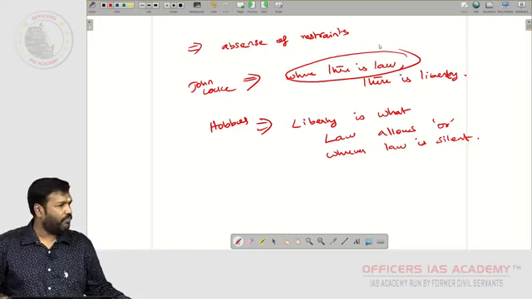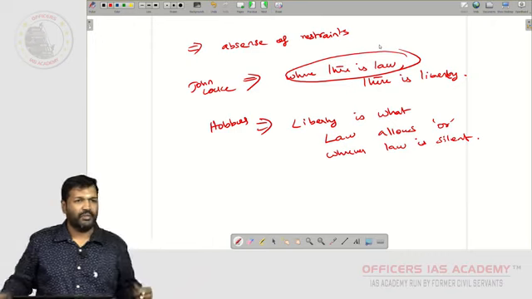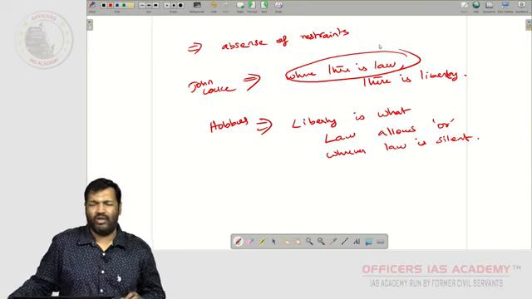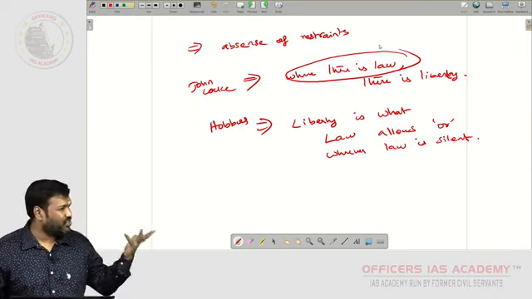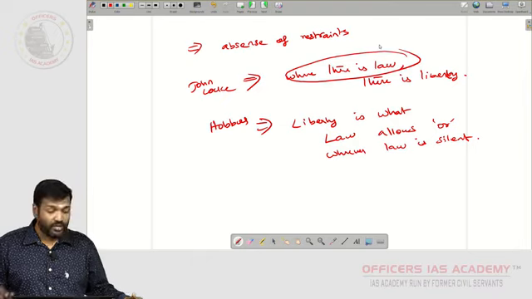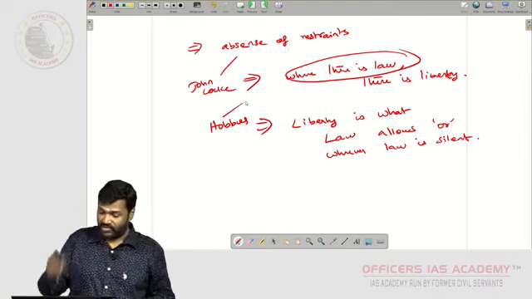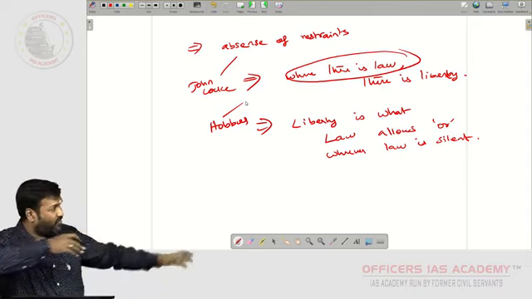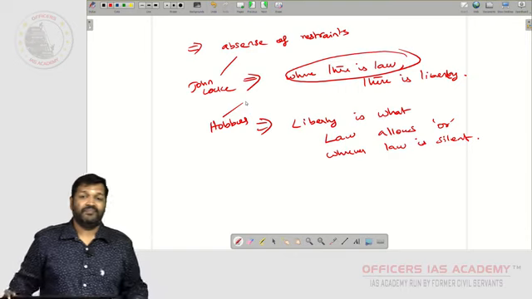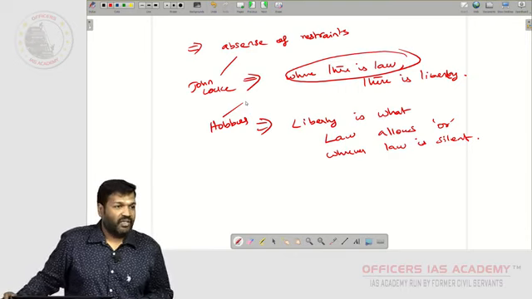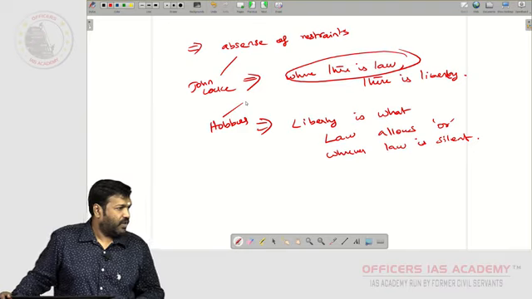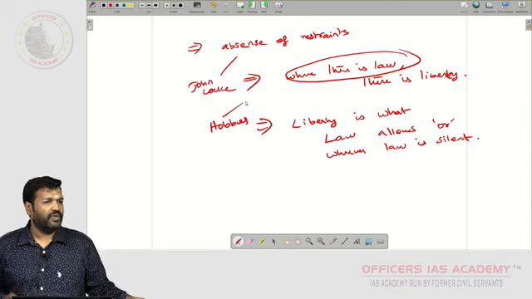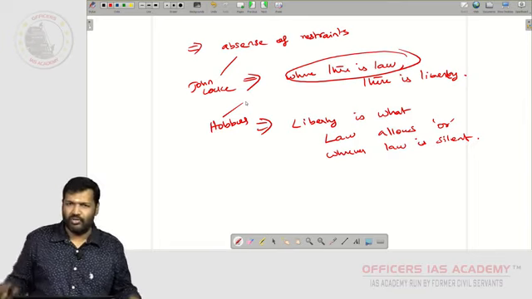If there is no law, might becomes right. The person who is powerful can do anything they want. Then there cannot be a society where freedom exists. That is how Locke and Hobbes see it. What Hobbes has said: liberty is what law allows, or wherever law is silent. If law doesn't speak about something, there you are free to do anything you want. Correct? In that zone you are free because the law doesn't restrict you.